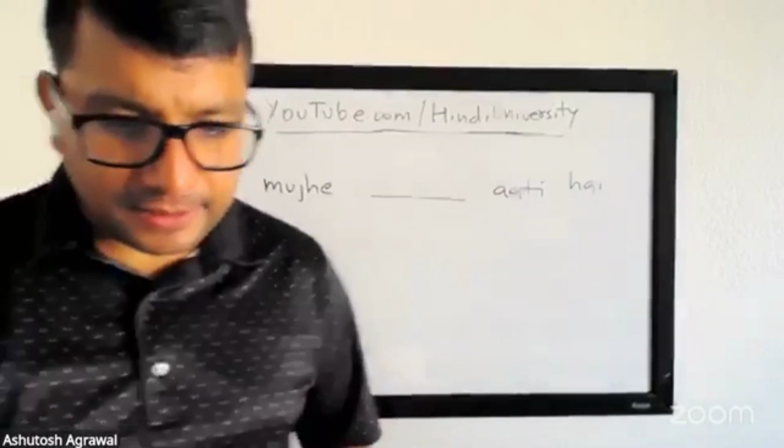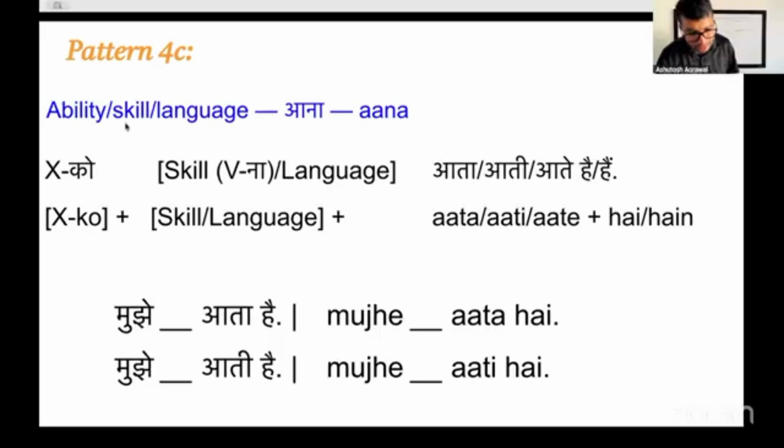So just to repeat, any skills or languages or abilities, you can use this pattern for that. I have a question, Ashuji. Go for it, Josh. Maybe it's just me, but why is it that these are things that you're doing? Why are they coming to you, as opposed to, say, emotions? I feel like emotions would come to you, but these are all things that you're doing outwardly.